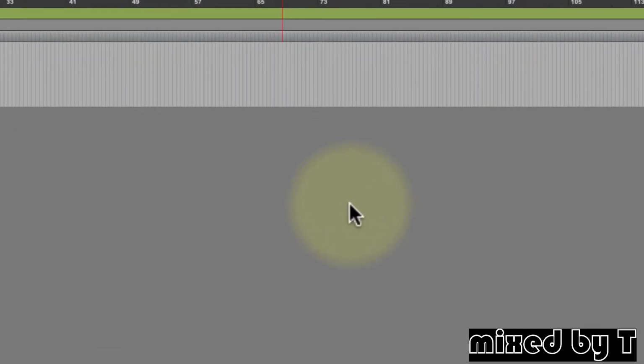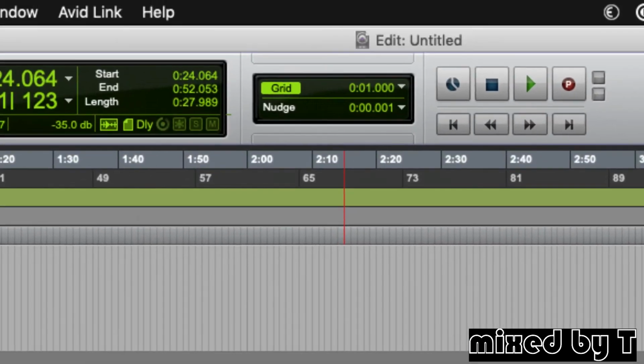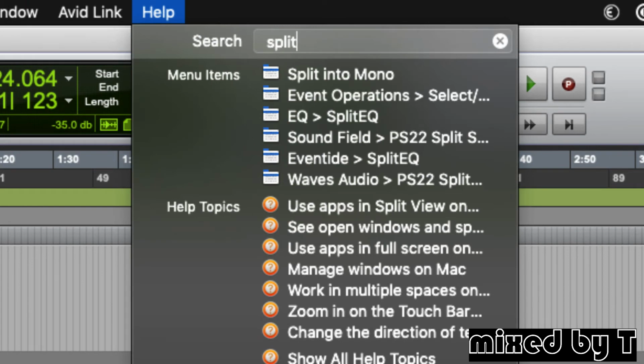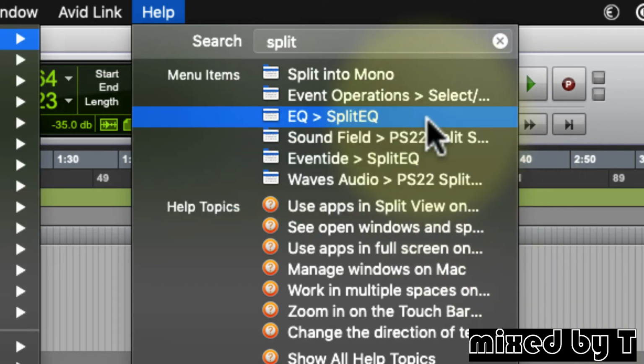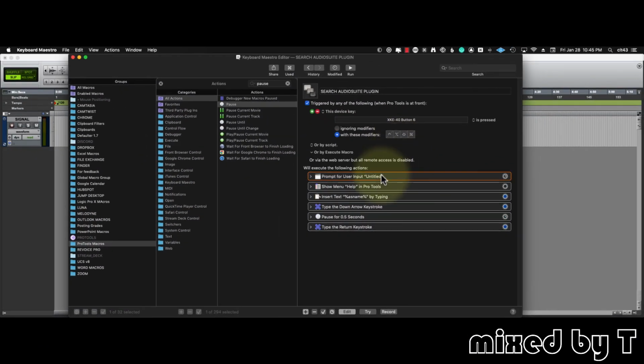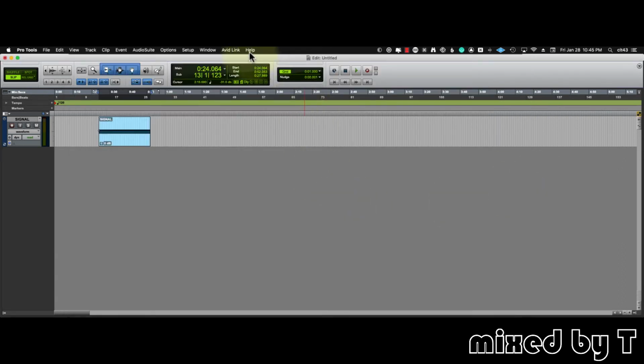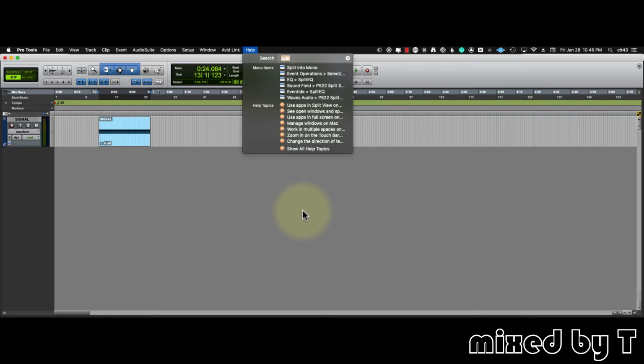See if it works. I'm in Pro Tools, press my key. Okay, what do I want to look for? I'm going to look for split, like split EQ. That didn't really work here, right? Split into mono. Now I see it here, split EQ, right? So I guess it's kind of easier if you just open that menu. So let's disable all of this, right? And instead of going up and clicking, although you're going to have to type in there, you're already there. When you click, you can say,